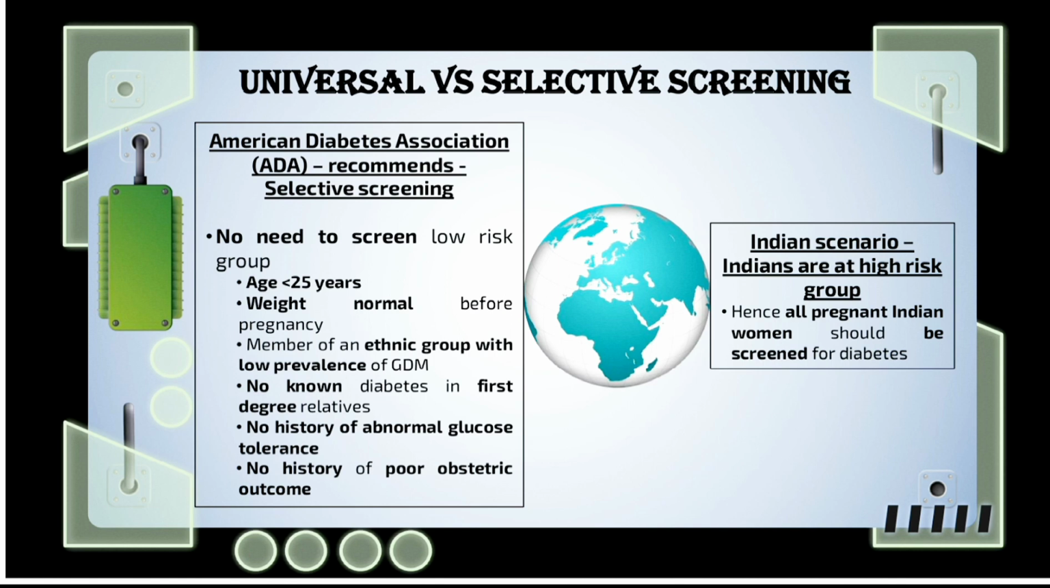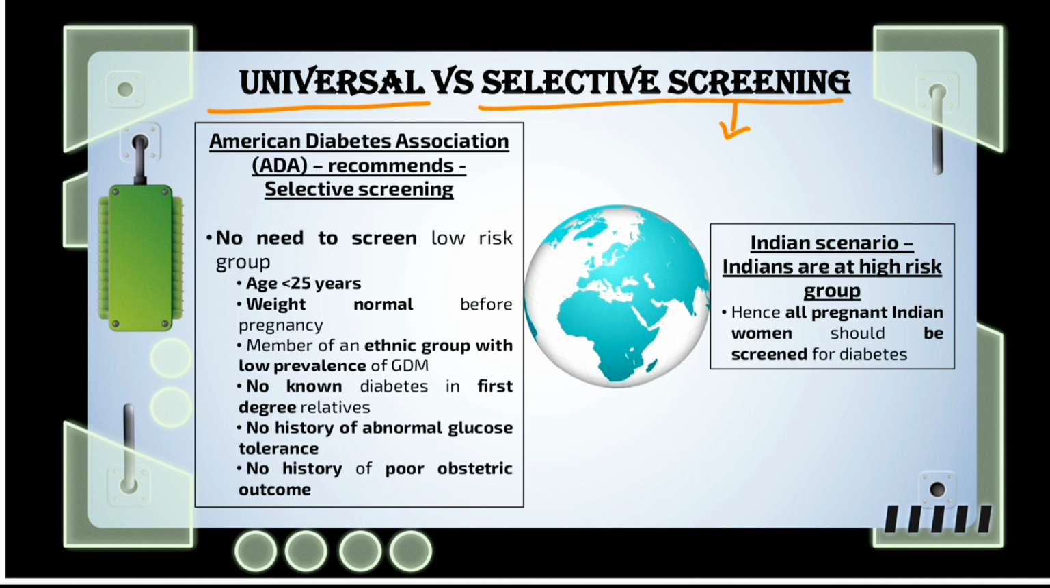Now let's discuss the screening methods for diabetes, gestational diabetes, among pregnant women. This describes universal screening as compared to selective screening. The American Diabetes Association, ADA, recommends selective screening. It means screening should be recommended only for the high risk groups. There is no need for screening for the low risk groups, and these low risk groups include if the age of the pregnant woman is less than 25 years,